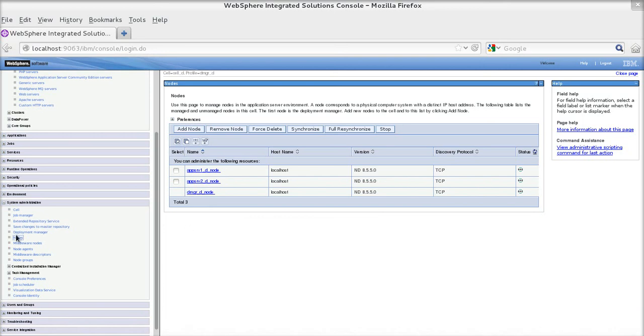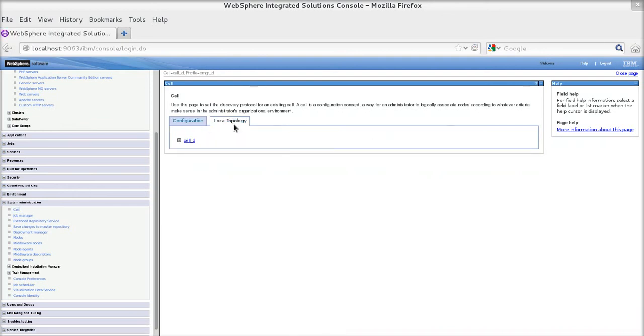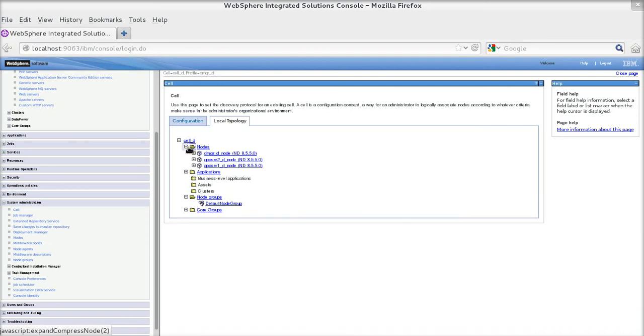And if you want to see the hierarchy, like how the structure goes, you can go with local topology. It shows what's in there. In the cells we have the default node group. In the cells we have three nodes: deployment manager,